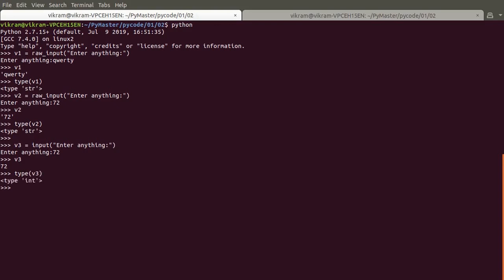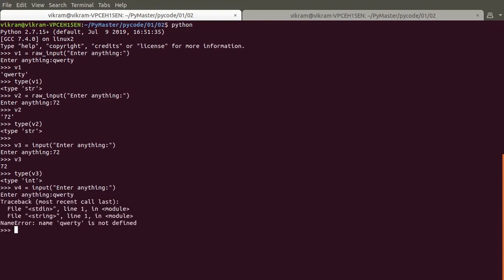But if I use this input function to get a string, mostly it will give me an error. In rare cases it would give an output that we will see shortly. In this case, if I am printing some text, then it will give me an error. This is how version 2 works.